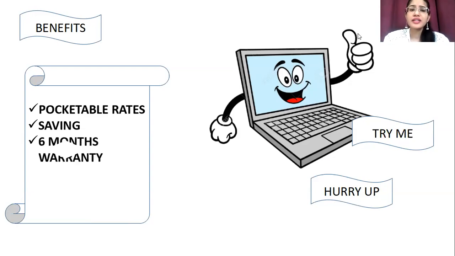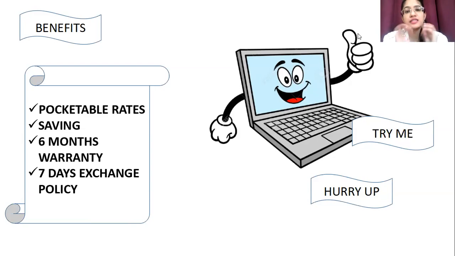Another factor is the warranty period. Brand new products offer you 1 year warranty as well as an exchange policy. But does refurbished offer the same? Pre-owned gadgets we buy from a normal person come with no warranty. But with refurbished products, you get 6 months warranty along with a 7 day exchange policy. That is an additional point for the refurbished category.